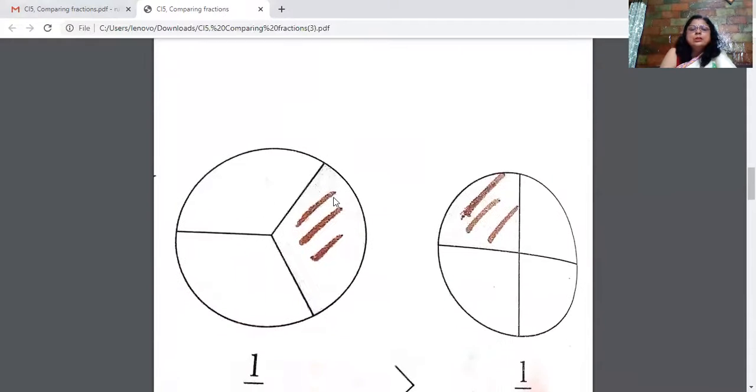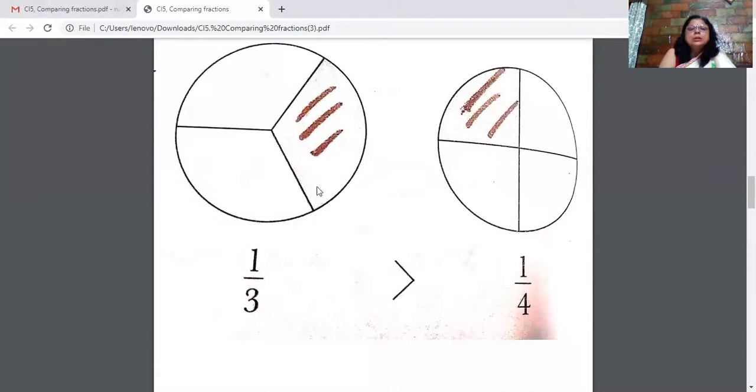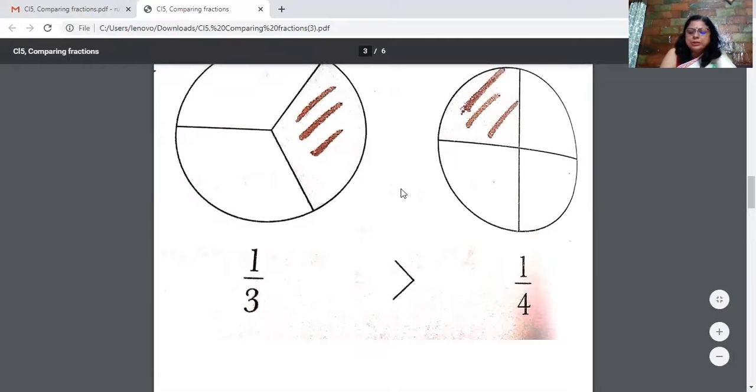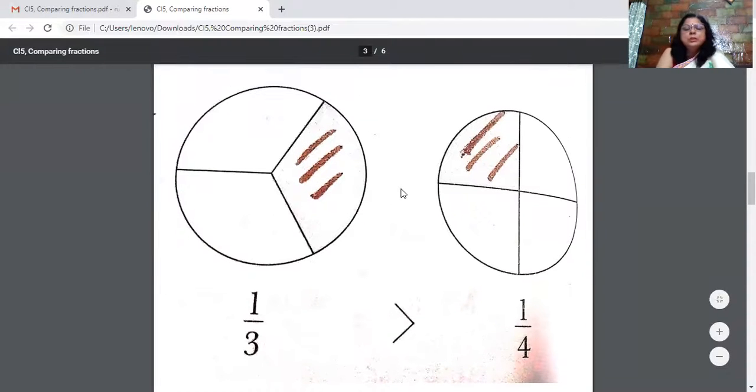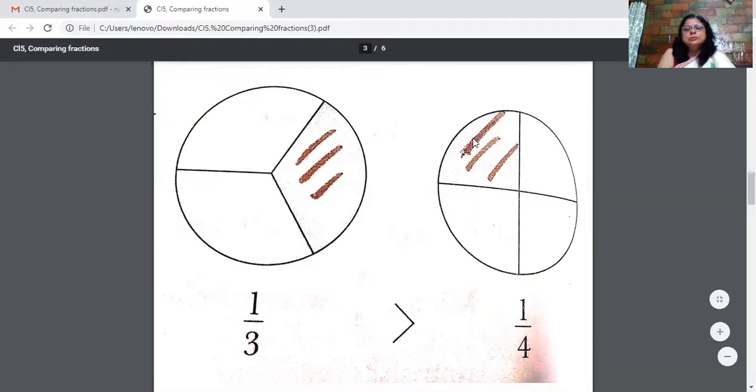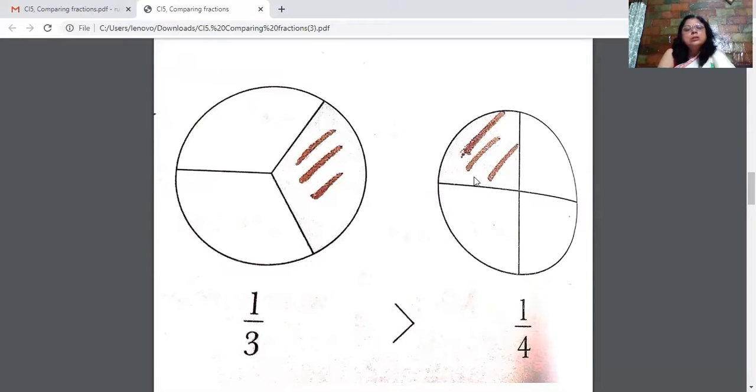Now this is a figure. Now see, here I have drawn a circle. You can draw a rectangle because that helps us to divide into equal parts easily. Now if you have taken circles of equal size, one you have to show 1 by 3 and one is 1 by 4. So see, equal size divided into 4 equal parts, and for this I divided 3 equal parts. Numerators are same. One part is shaded, one part is shaded. So what do you do? So 1 by 4 is smaller or not? So I hope it's clear to you.